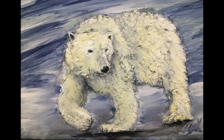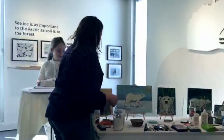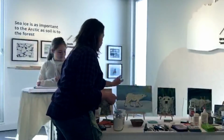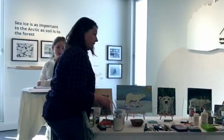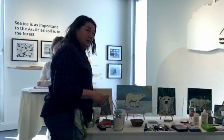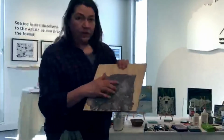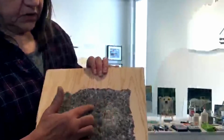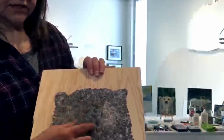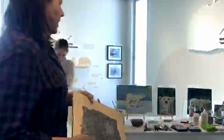And then this one here would probably be the most difficult, is my estimation. Again, it just depends on what you're comfortable with doing. Okay, so I do have this one right here, the same drawing, but this one's not painted yet. Should I bring that in to take a look at this? Or if you want to see, I don't know if you can see the outline of the eyes here and the nose. This is where the difficulty gets, is getting those parts in there. Okay, we can show how to do it, but it can be a little bit difficult. Anyway,